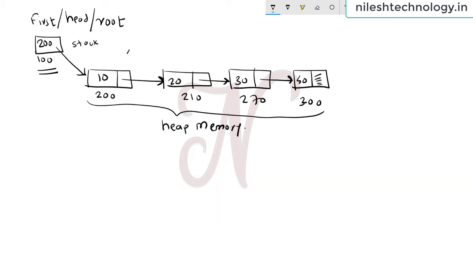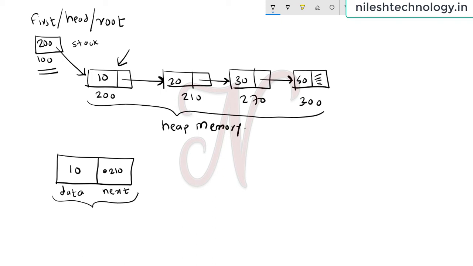So this is called a node. Here we draw a separate node. In that node, 10 is the value and here is the address of the next node. For example, my address is 210, which is the address of the next node 20. This is the data or the item and this is the address. Here we give the name next, and the combination of data and next is called a node.